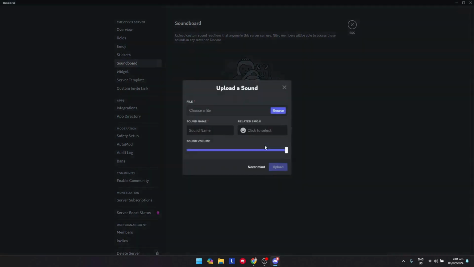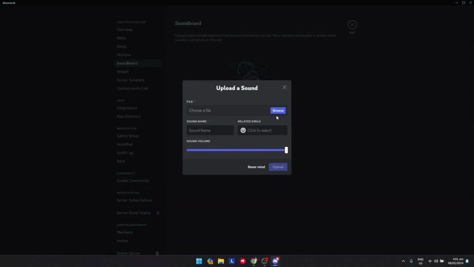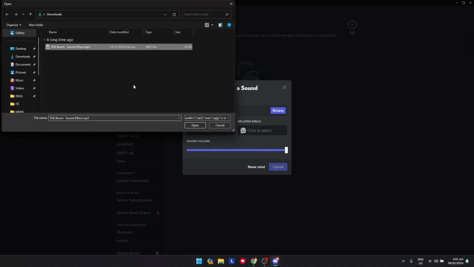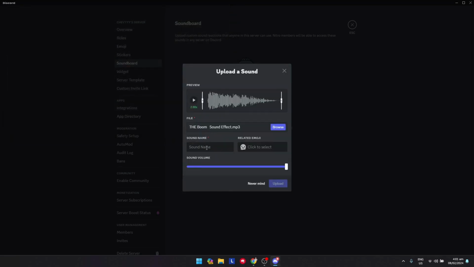Go click on upload sound and choose a file under files. I have mine here, so go to browse. This is the boom sound effect, and you could cut on where the sound should start and where it could end. So this like so,